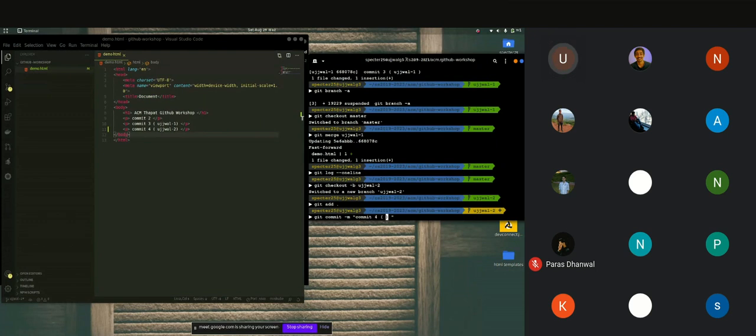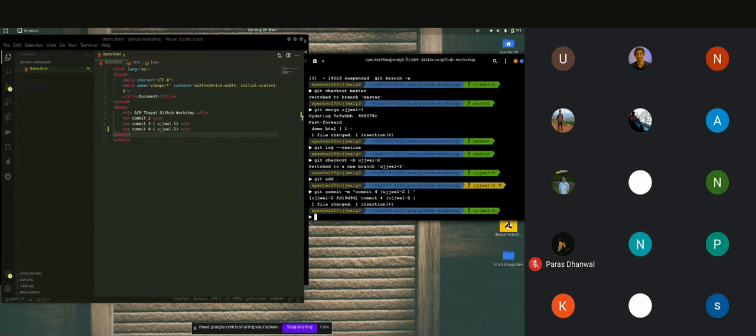You can write any messages. I'm writing these messages in a cryptic way so that we are able to understand what is going on.